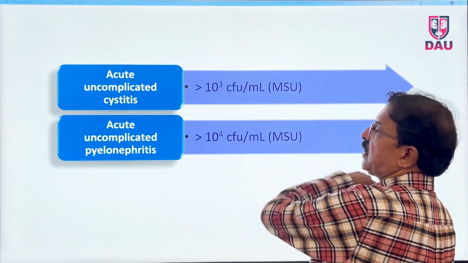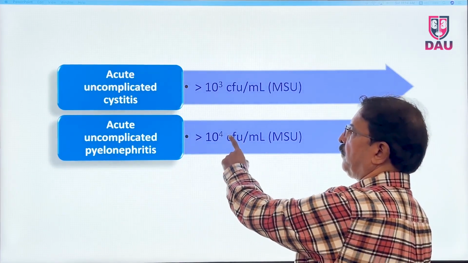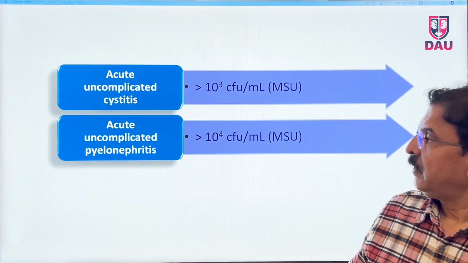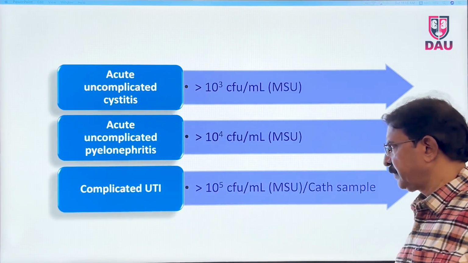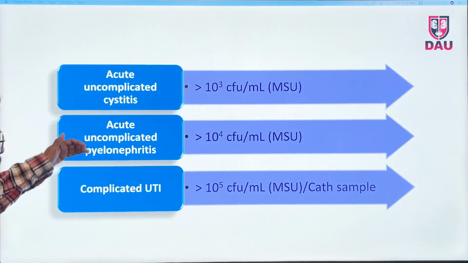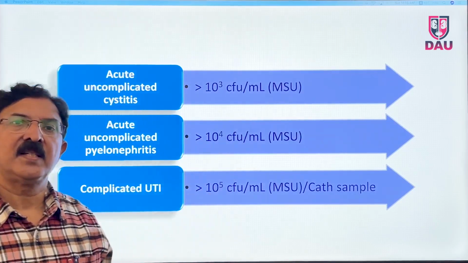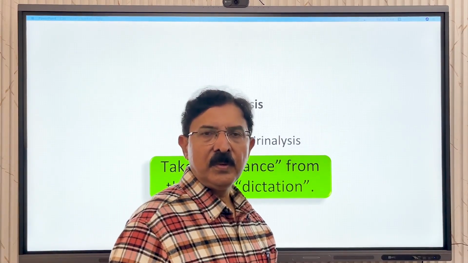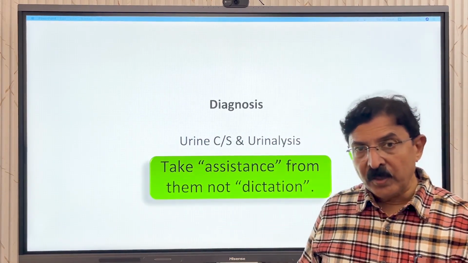of midstream urinary sample. For acute uncomplicated pyelonephritis, it is more than 10 to the power 4 colony forming units per ml of midstream urine sample. And for a complicated UTI, this is 10 to the power 5. So please see the clinical syndrome which you are suspecting, and on that basis relate the culture sensitivity report and the colony count. What I want to submit to you, friends, when you see a urine culture sensitivity report and a urine report,